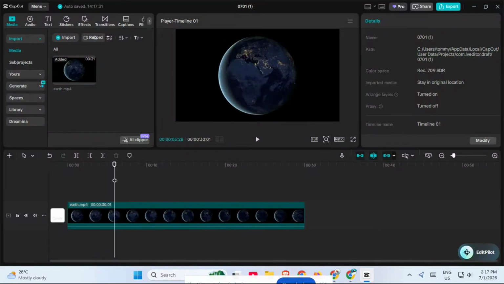If CapCut has been lagging for you, freezing during playback, or just feeling slow while you edit, don't worry. In this video, I'll show you 3 simple fixes that can make a big difference fast. These steps are easy to follow and they can help CapCut run smoother, whether you're editing on a laptop or